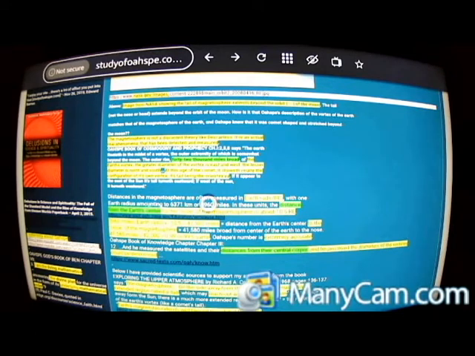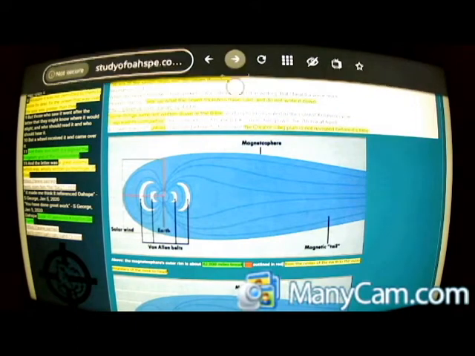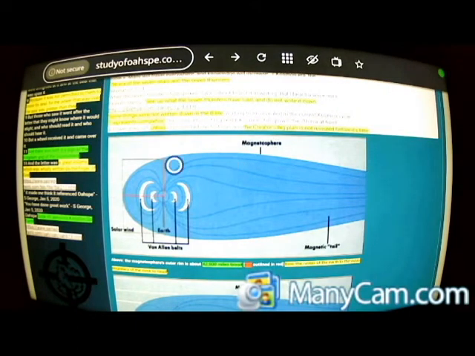So that's the same as the distance from the Earth's center to the nose of the magnetosphere, 41,580 miles, which is 99% the same as what Oahspe says here, the outer rim 42,000 miles broad. So now I'll show you what that's talking about right here. Broad, meaning the width